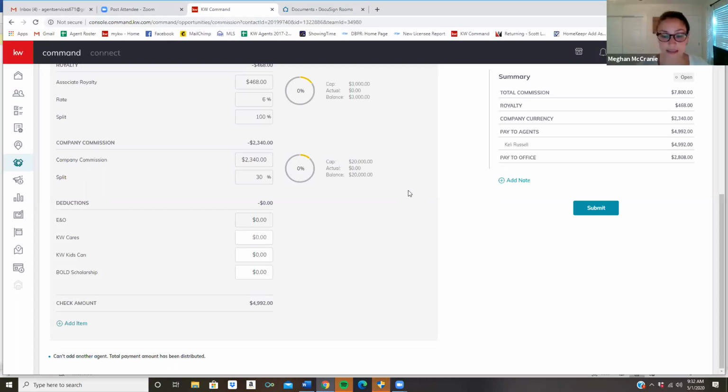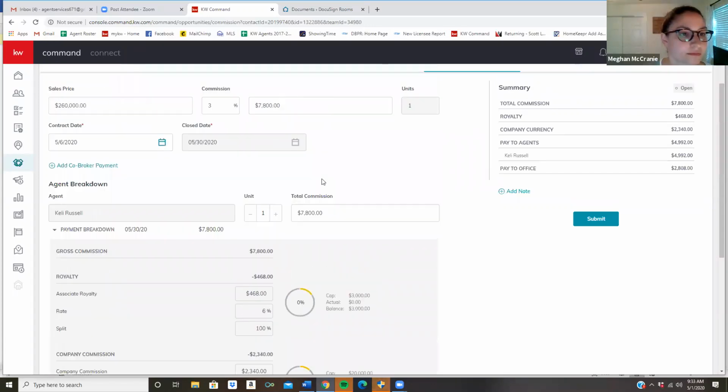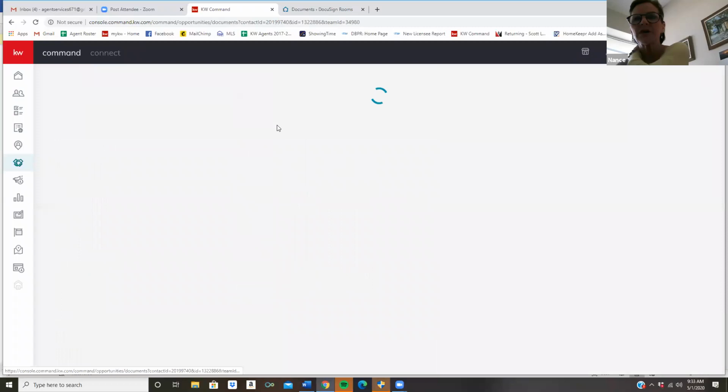Via command, not at the moment, unless the MCA were to upload it into the opportunity. So Nancy, do you want to address that one? Yes, we will be uploading the DA onto command. So if you go into the closed portion of, I think it's in documents, Megan, I don't know if it shows. Sorry, where am I going? To the closed, like if you go.